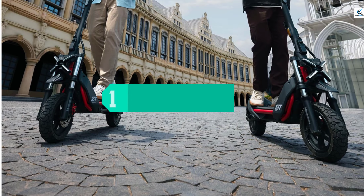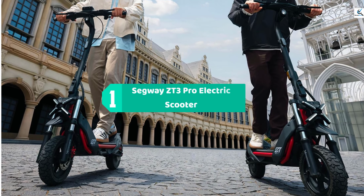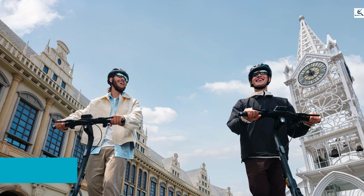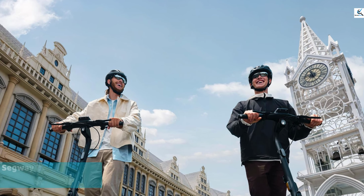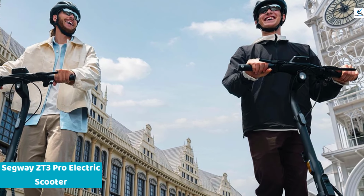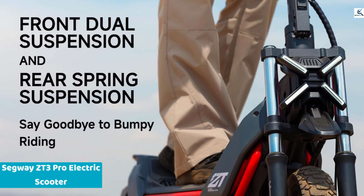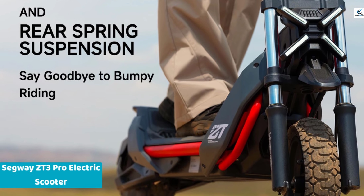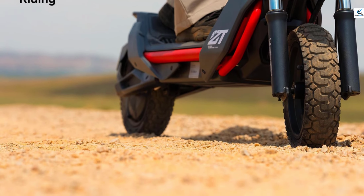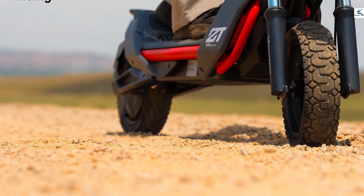And finally, at number 1, Segway ZT3 Pro Electric Scooter. Looking for an electric scooter that can handle real off-road action? The Segway ZT3 Pro is built for adventure, with 11-inch tubeless tires and dual suspension that make rough trails feel smooth. It crushes steep 25% hills and goes up to 43.5 miles on a single charge, perfect for long rides